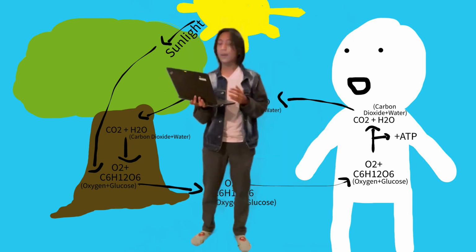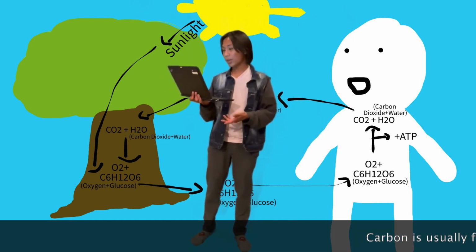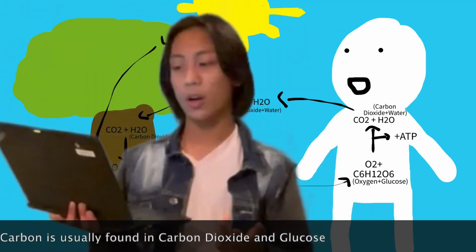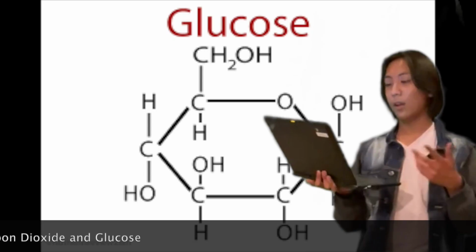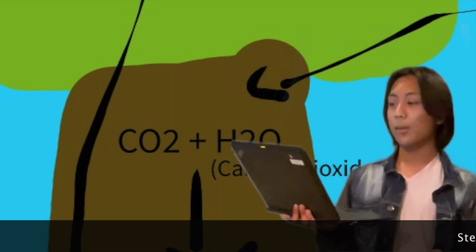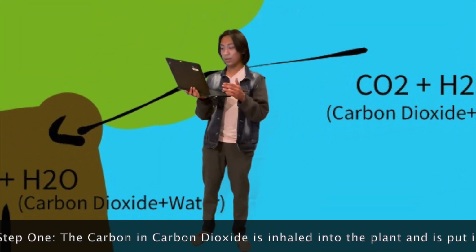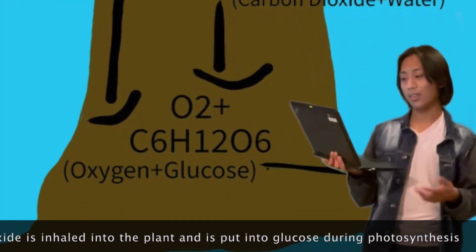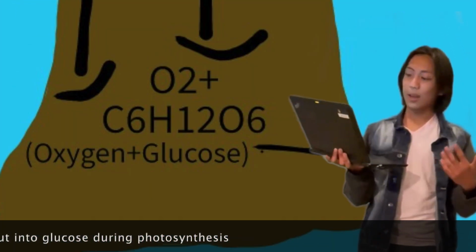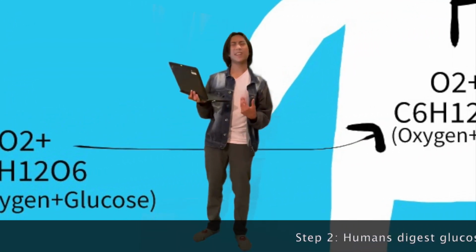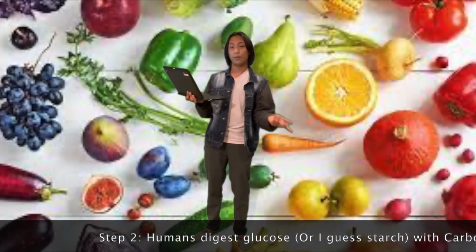That's beside the point. For our intents and purposes today, we're going to say that carbon is mainly found in and exchanged through one of two different compounds, carbon dioxide and glucose. You can see here that carbon dioxide, along with H2O and a little sunlight, goes into the tree through the leaves and undergoes photosynthesis. All of that carbon is now stored as things like glucose, cellulose, or starch. But humans eventually end up eating it like food in things like fruits or vegetables.